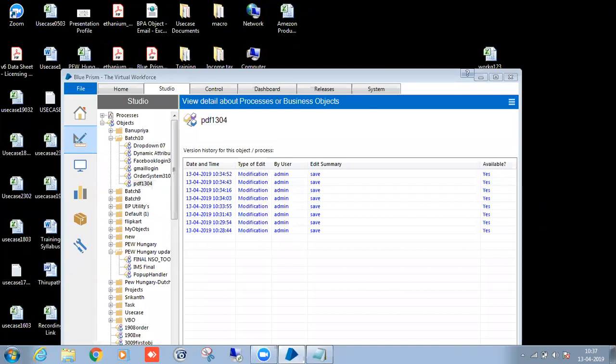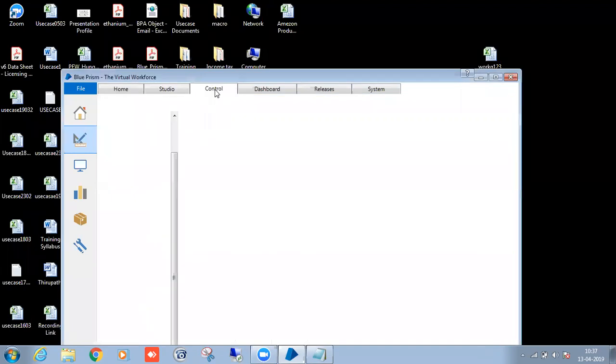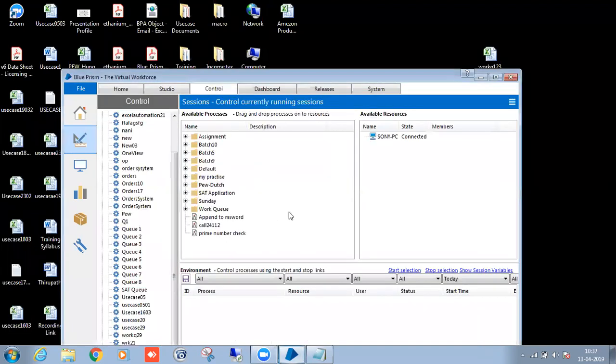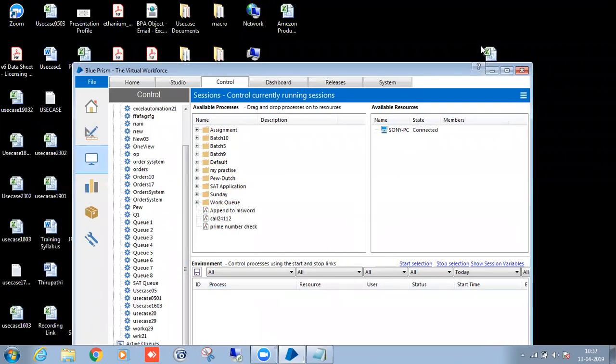Session variables will be covered next. For the session variables, I request someone to share your screen, as mine has some issue with the control room. I can't run from the control room, so we'll discuss tomorrow. Pop-up things are also there, so we will check that pop-up URL. Then we can practice on the same.